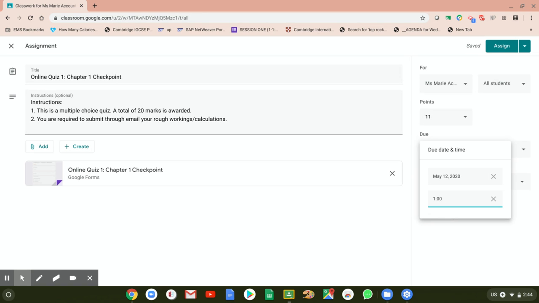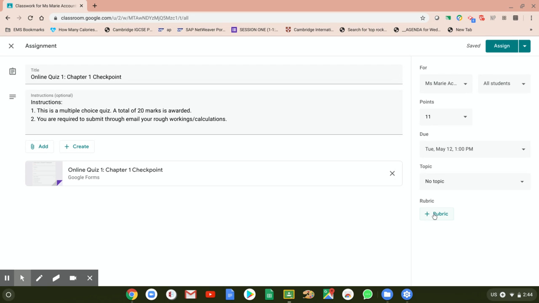But you have to be careful of this, because what if you want them to answer at a specific point in time? Sometimes, because this is all technology, they might cheat and everything like that. So you also have to figure out a way of how to give them this quiz, which is a one time deal, right? And that they all do it at the same time. So let's say you put a due date. If you don't want to put a due date, it's also fine. And then click